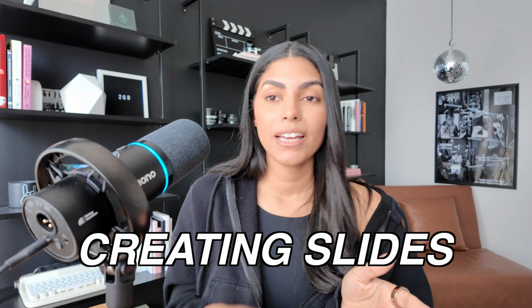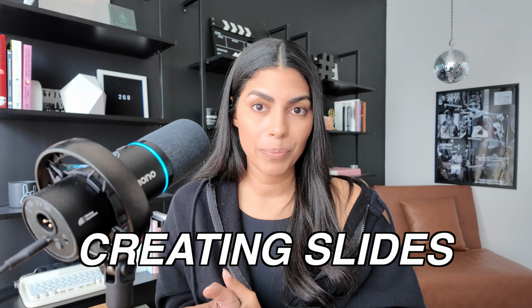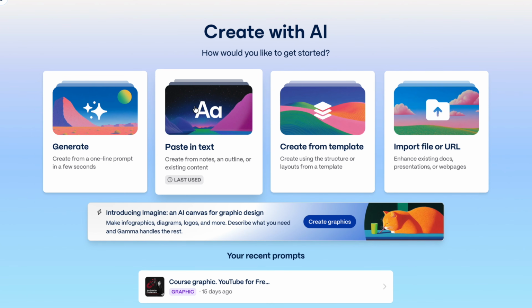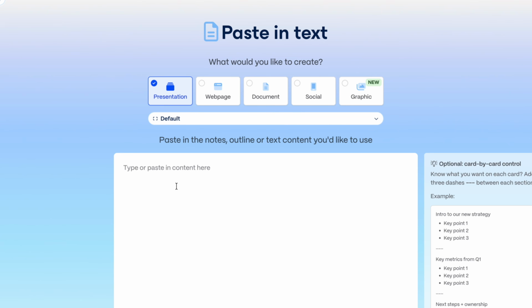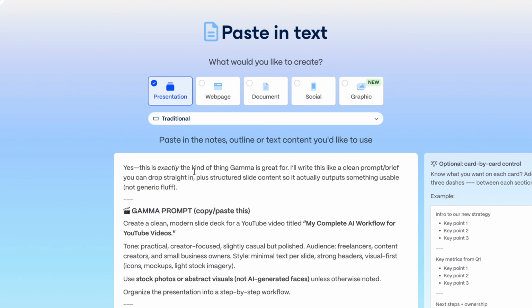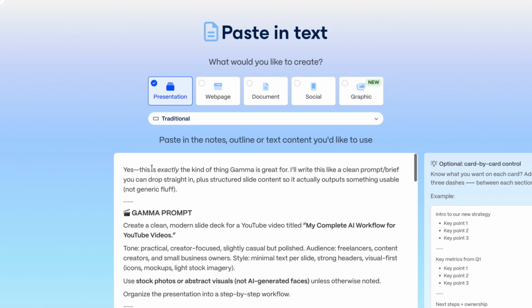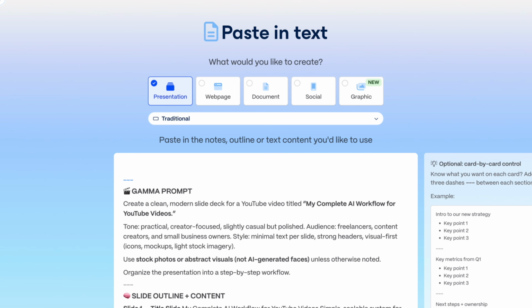I'll show you examples if you're watching on YouTube or on Spotify. By the way, you can watch me doing this a little bit for more clarity. But what I do with that is I then go into this tool called Gamma. I discovered Gamma a while ago, and I have to say it's improved a lot. When I first used it, I was like, I don't really love it, but it's actually pretty good. What it does is you give directions for a slideshow. You put in your prompt, or your words, and then it creates a slide deck for you. So you're not having to go into Canva, go into PowerPoint, whatever. It just, poof, you've got a slideshow.